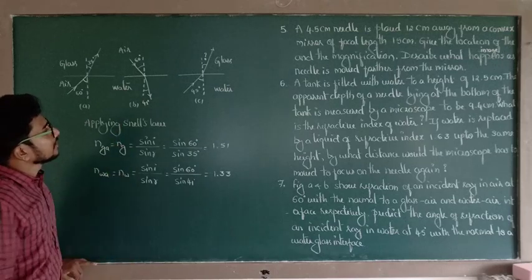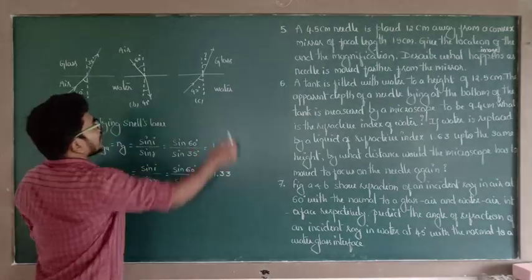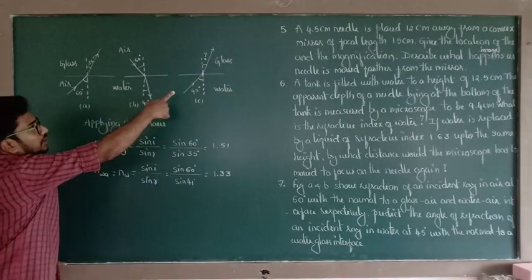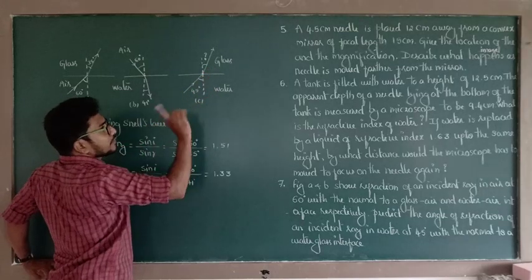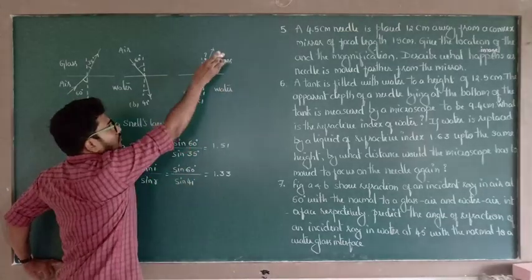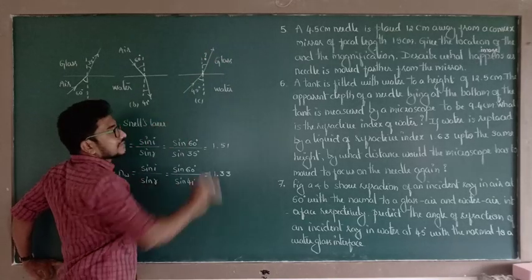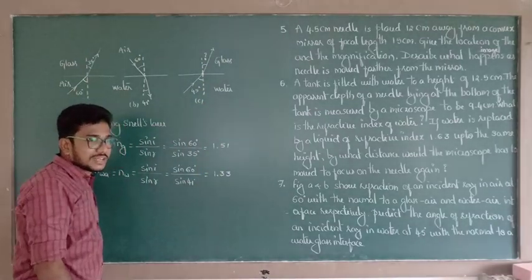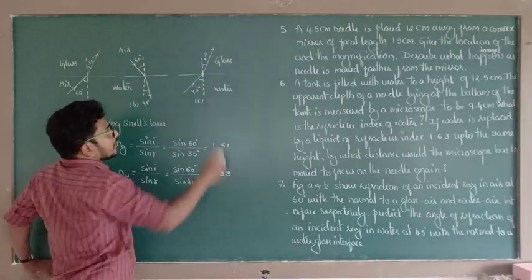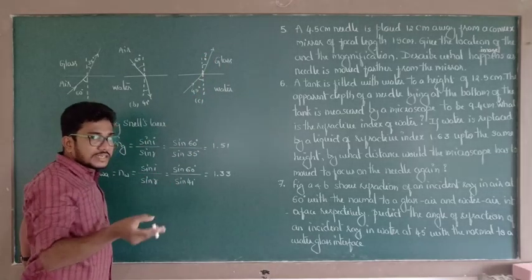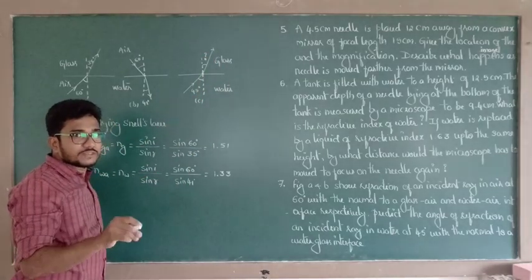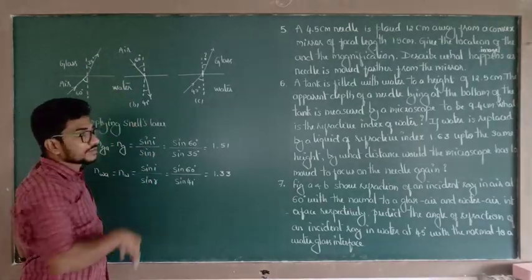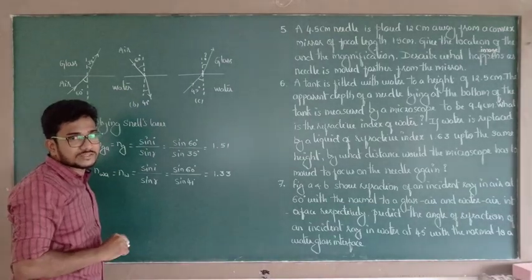In the third case, we apply Snell's law at the point of incidence. The change in path of light occurs in glass with respect to water, not with respect to air. That means this gives the relative refractive index of glass, sorry, not the absolute refractive index of glass. The refractive index of a medium with respect to another medium other than air or vacuum is known as the relative refractive index. With respect to air or vacuum, that refractive index is known as the absolute refractive index.